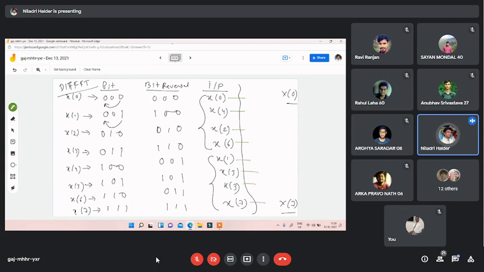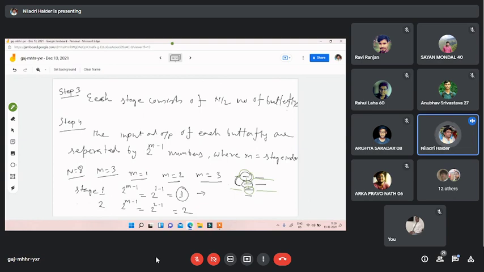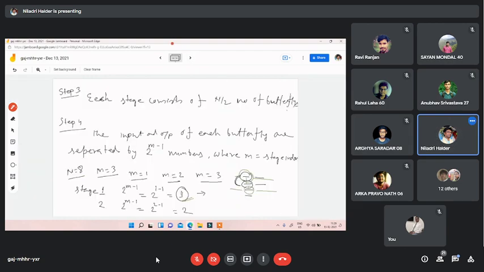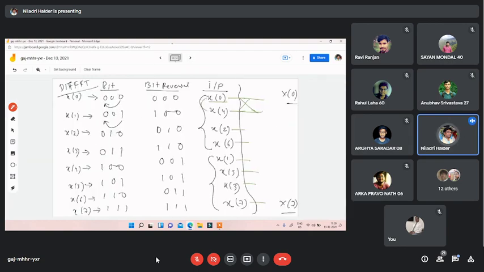So for stage 1, we are getting bit separation 1. Means for stage 1, whenever you draw the butterfly, that bit and the next bit will be used to design the butterfly. For stage 2, you are getting bit separation 2. Means for stage 2,